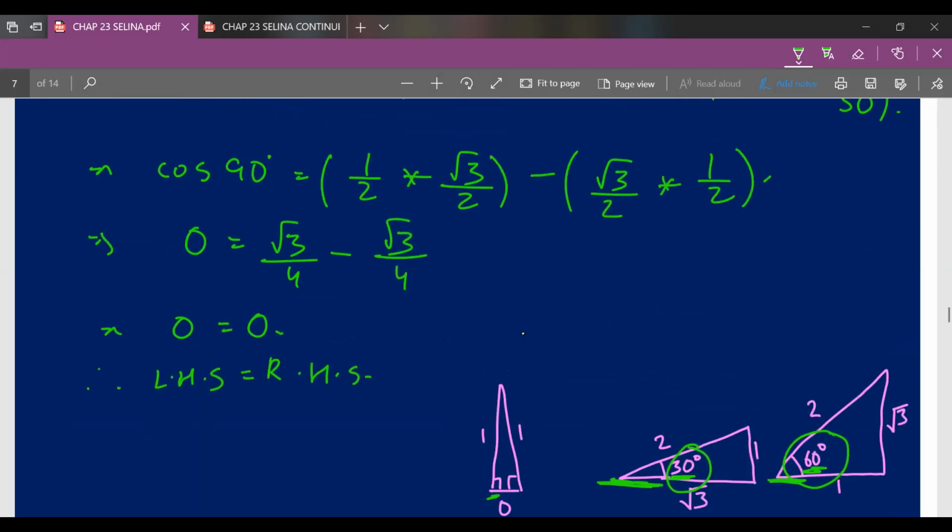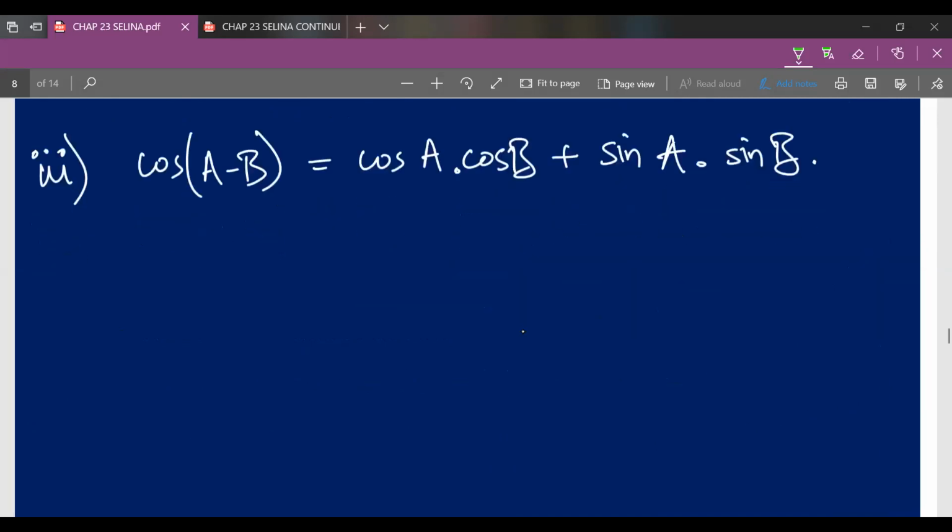Okay, so our third subpart of the first question: cos A minus B is equal to cos A, now again there's a dot here, so please remember that dot signifies the multiplication symbol, plus sin A sin B. So all you have to do is substitute the values, find your trigonometrical ratios, and you're good to go.